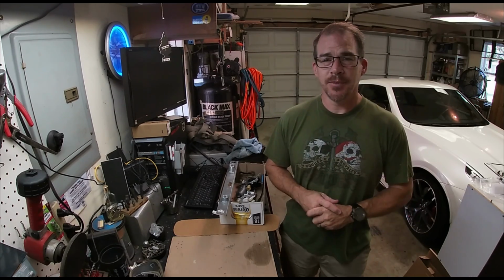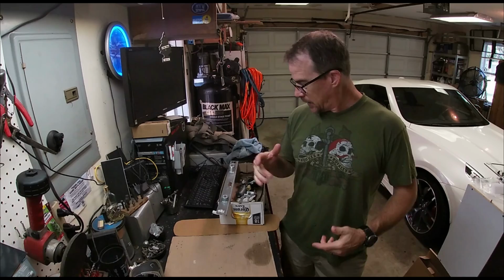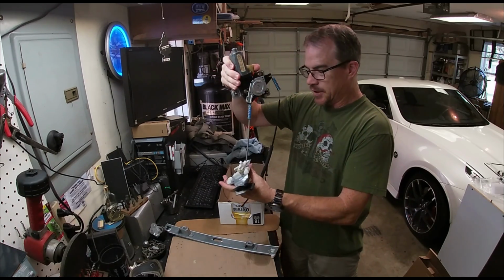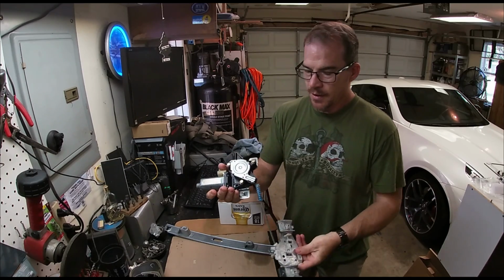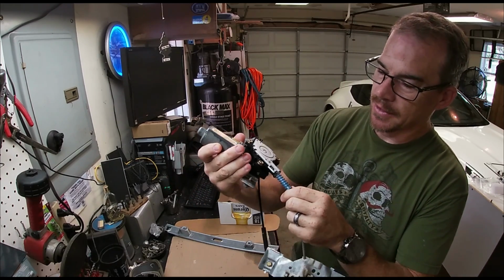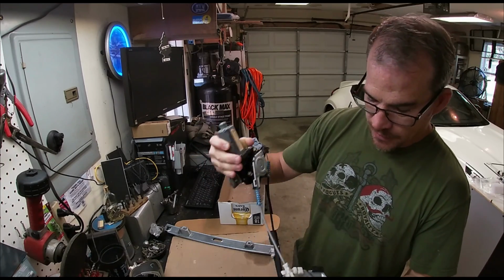Today I'm working on the Hummer again. The window regulator on the Hummer has broke, and I'll let y'all look at it. These little blue things right here won't stay in there for some reason, but the main thing was